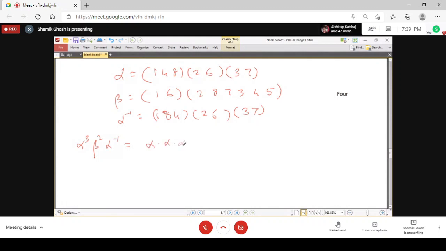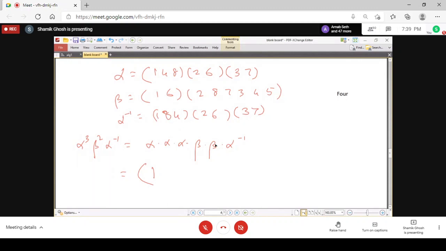That is the same alpha, alpha 3 times, and then beta 2 times, and then alpha inverse. You start from 1, the smallest integer, and then from alpha inverse, the rightmost. Then you search for 1 from the rightmost. So first time you get 1 here, and 1 goes to 8. Now 8 is your number.